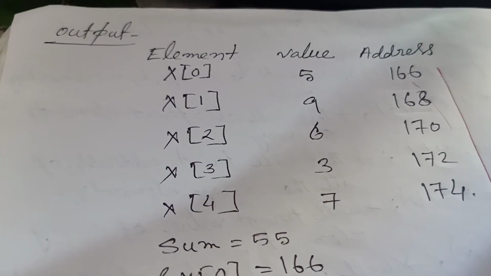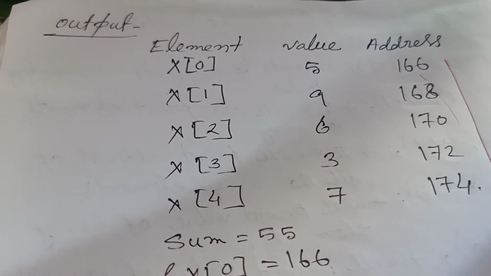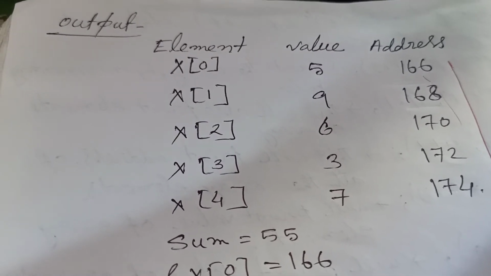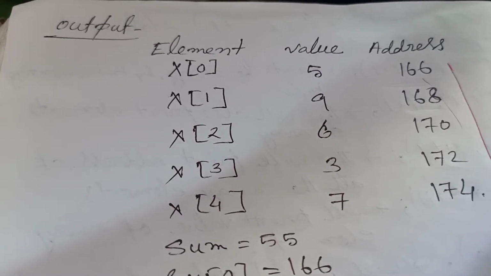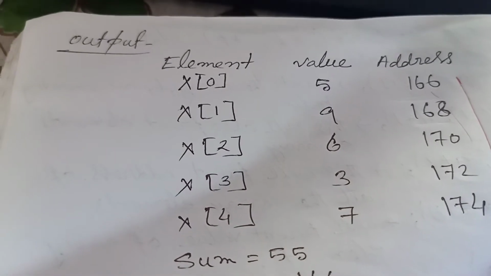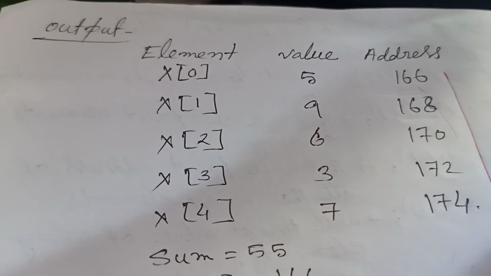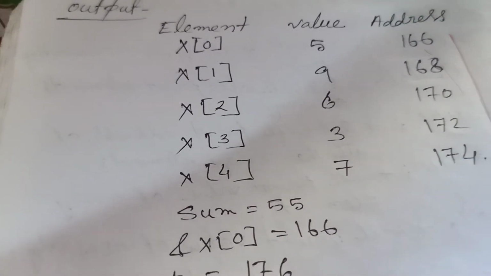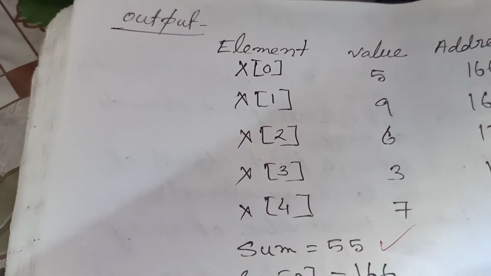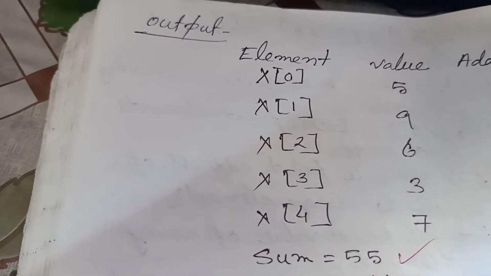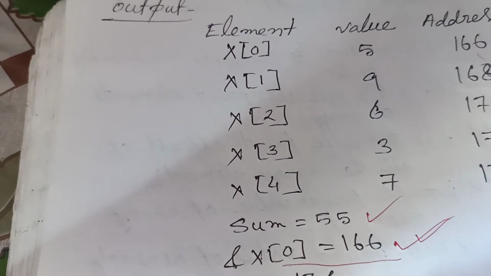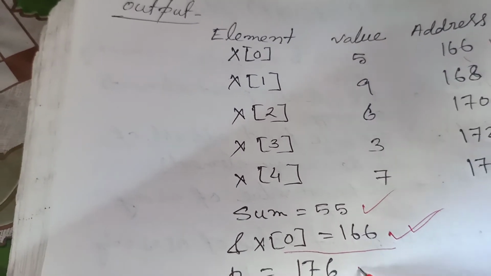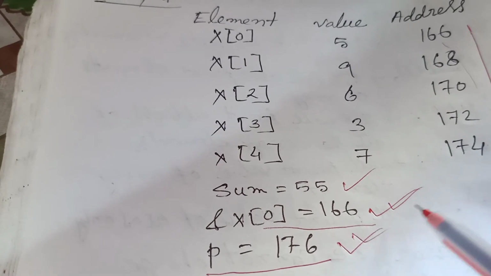Now, we know integer data type takes how many bytes? 2 bytes. So each element is in integer data type, so its address value is also incremented by 2. Now the sum is equal to 55 and the base address value starts with 166, but the pointer variable p will show the address value 176,